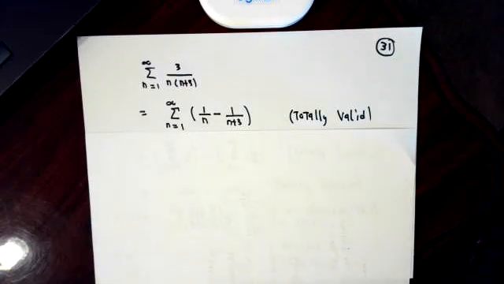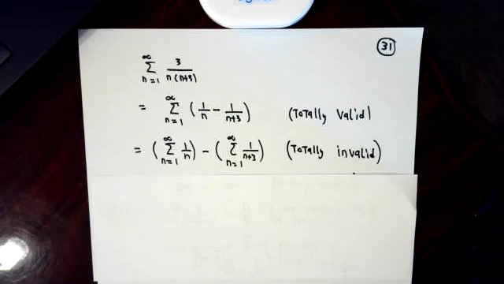So if I go back and look at that previous series, we've seen that we can use partial fractions to split it up into 1 over n minus 1 over n plus 3. That's completely valid because you can algebraically check that 1 over n minus 1 over n plus 3 is what it's supposed to be. But splitting it up into the difference of two sums is invalid, completely invalid, incorrect, wrong, not good, because we just saw a minute ago